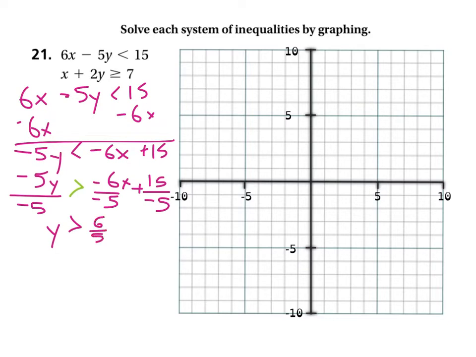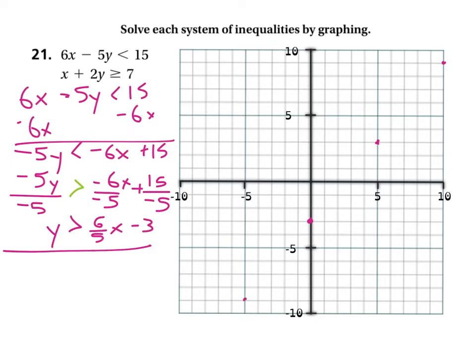Now, the negatives cancel out. You get 6/5 x, and 15 divided by negative 5 is negative 3. Okay? Let me graph this first. We're going to put a point at negative 3 for the y-intercept, and then we're going to rise 6, run 5. It's a pretty big jump, it looks like. Rise 6, run 5. And we can go in the other direction, drop 6, go in the other direction 5